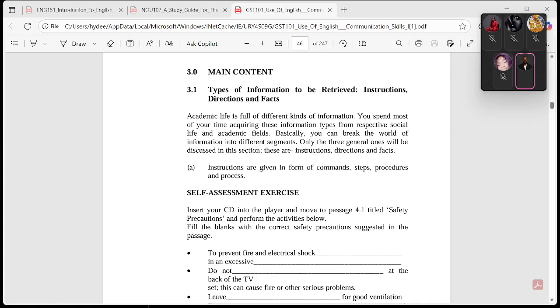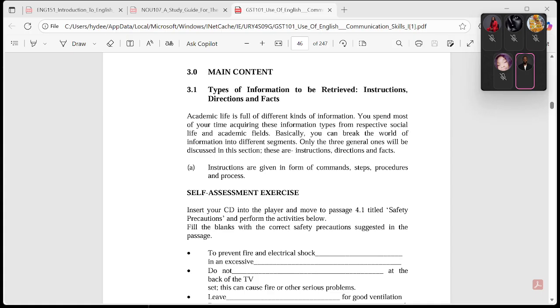So when you hear words like that, you know what's next. You know that, oh, this is information and I need to retrieve this information, or this is a vital part of information and I need to retrieve it. Do not, you understand that these are things we should not do. And leave, these are things. Position yourself, use this and that, etc. So you know cues. Cues are another way of retrieving information.